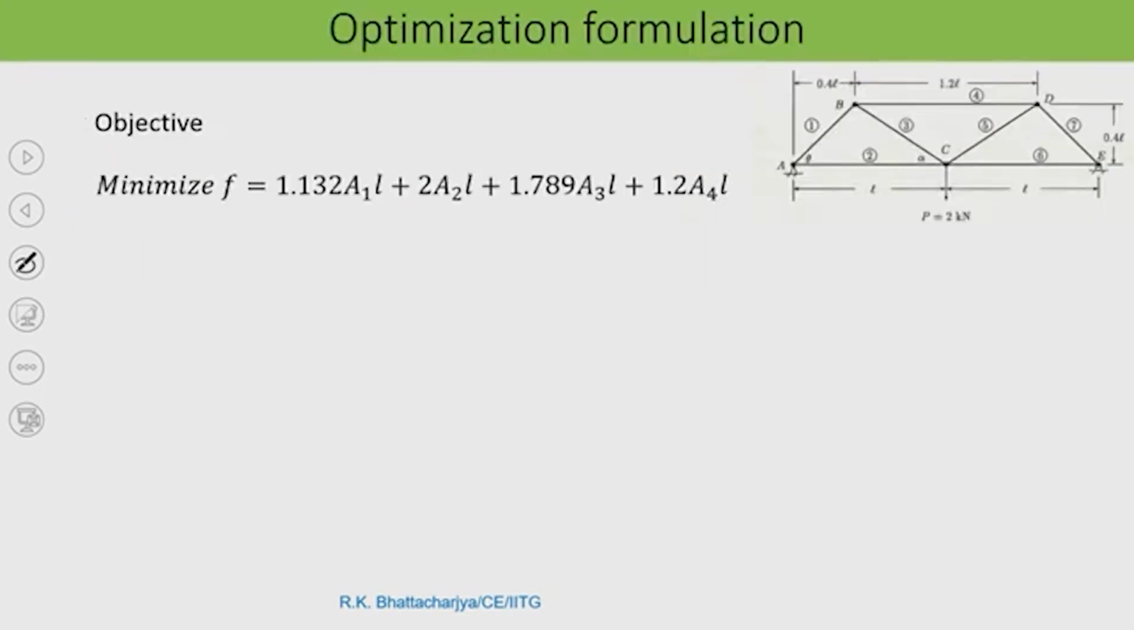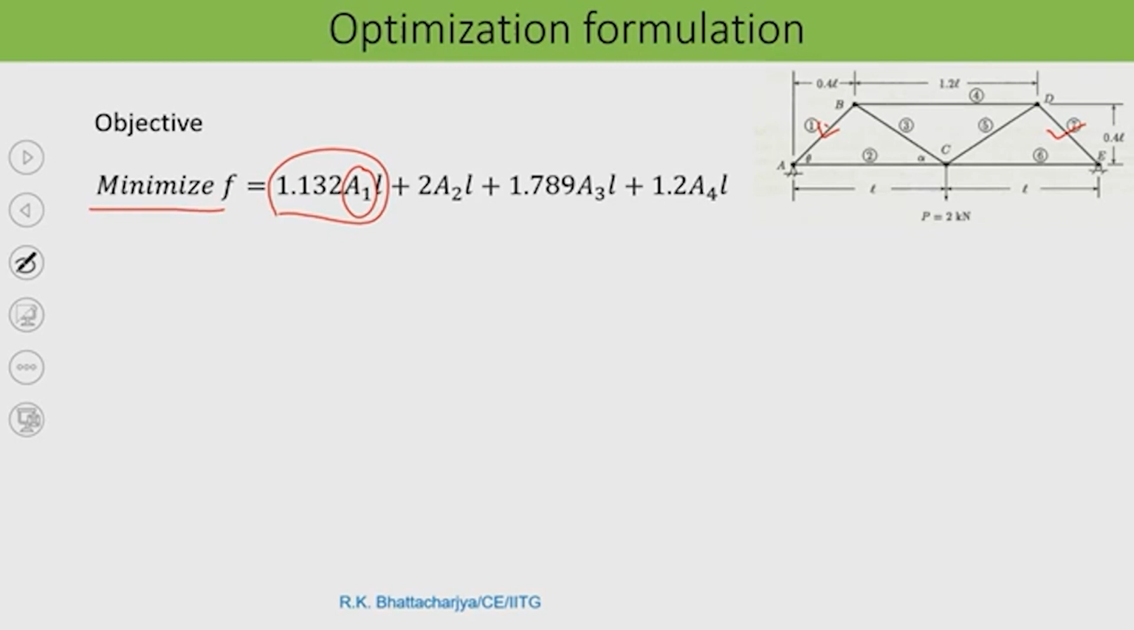Now, let us see what the objective function is. The objective function, as I said, is the minimization of the material cost. So, what is your material cost? The material cost of this whole structure. A1 is this member and this member. So, the total length of the A1 member is 1.132 L, and multiplied by the cross sectional area it will give you the volume, which is the material you need for A1